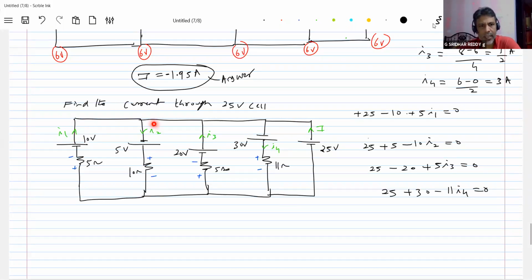So here I1 and I2, so you'll get some current. Then apply KCL here, you'll get the current in this branch. You apply KCL at this junction, you get the current. So that will be the current I. I'll write down the answer. 18th one, 12 ampere current will be.